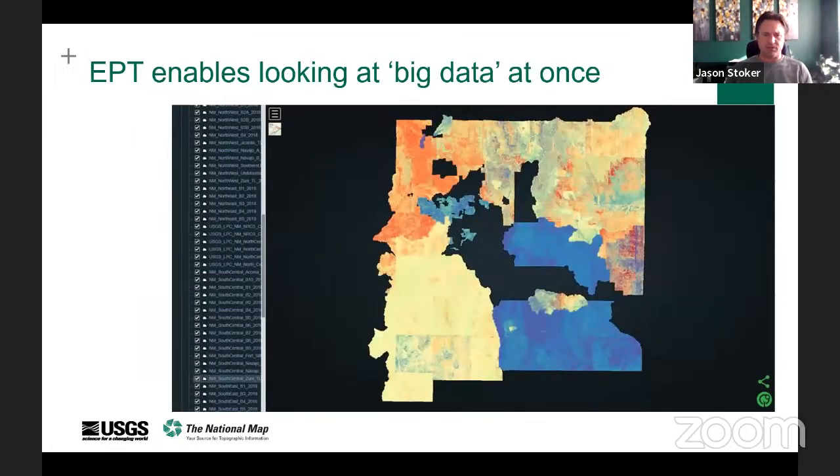This is another example. Someone had a question: are there gaps between a few projects in New Mexico? So we were able to, without downloading all the data, bring all of these projects into our viewer and see if these were actual gaps within projects. And if they were, then we have to make the decision: do we go out and fill in those gaps, or how do we deal with them?